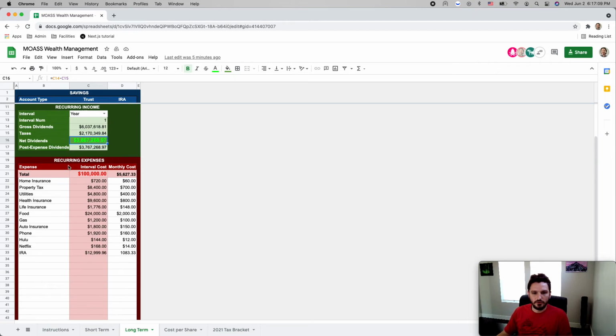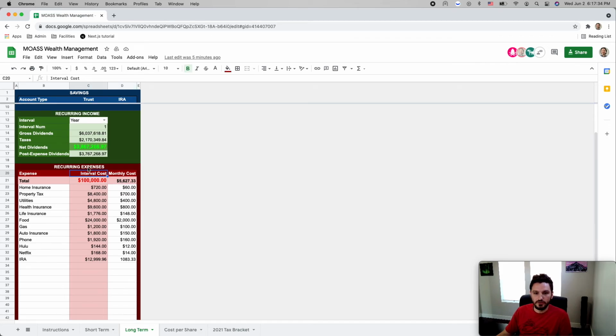And down here, this is where we get into recurring expenses. So you can put things here like home insurance, property tax, utilities. I put everything down here that most people I think would have. You want to put down the monthly cost for that down here. And it's very important that you figure out what the monthly cost is going to be, because the interval cost would be